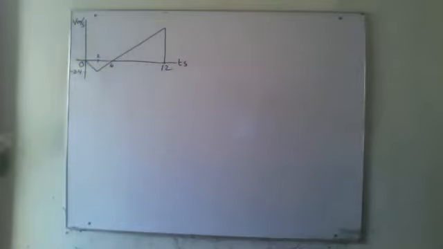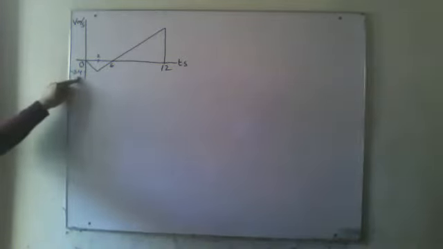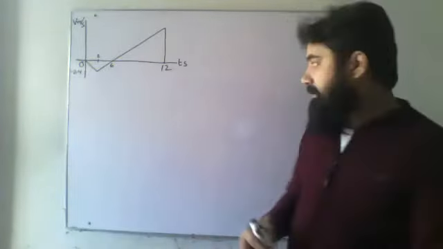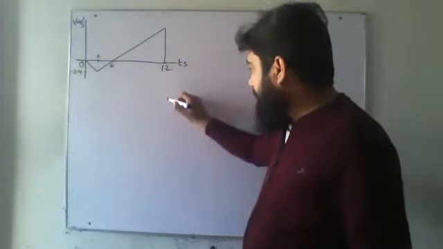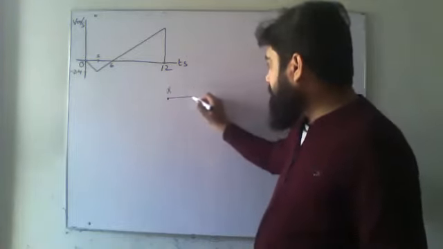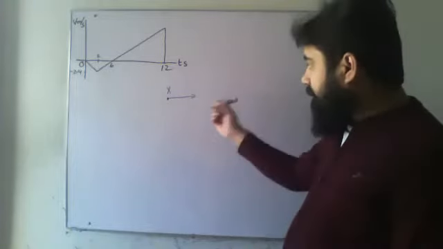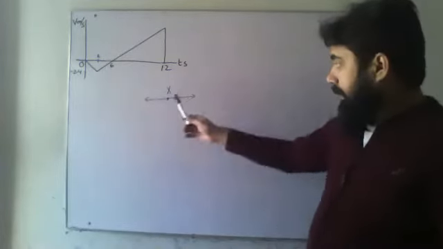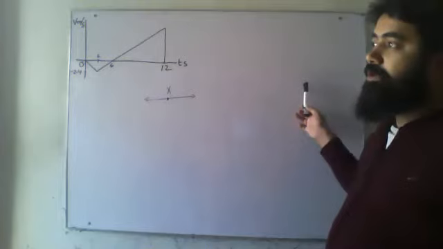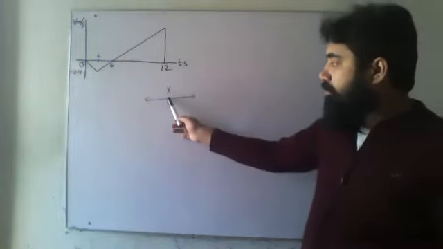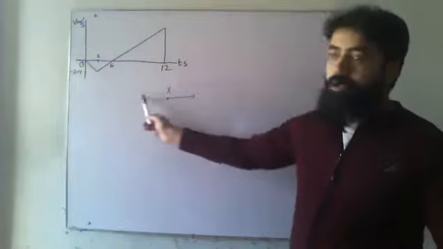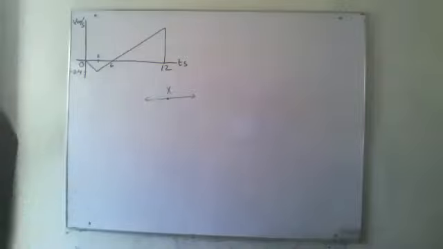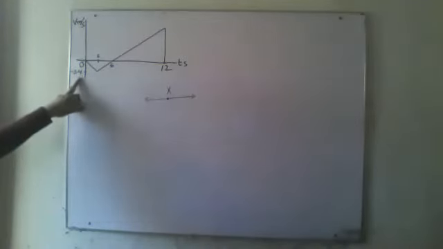At t equals 2, the velocity was minus 2.4. Now, what does this minus 2.4 mean? For instance, we were expecting that this is the starting point and the body was supposed to go in this direction, but instead of going in this direction, the body was going in this direction. Instead of moving ahead of the starting point, the body was moving backward for a few seconds. That's why the velocity was being shown in a negative manner.